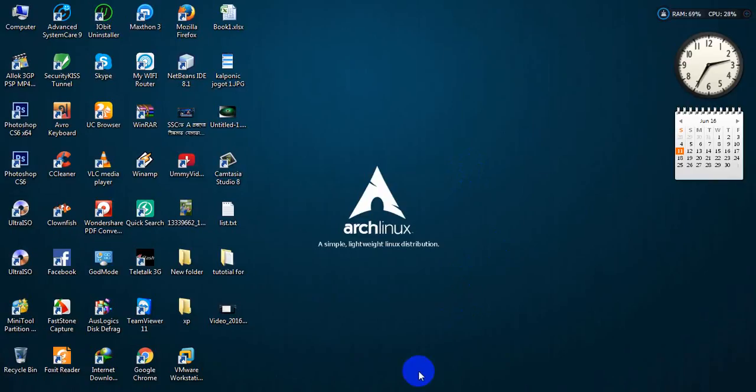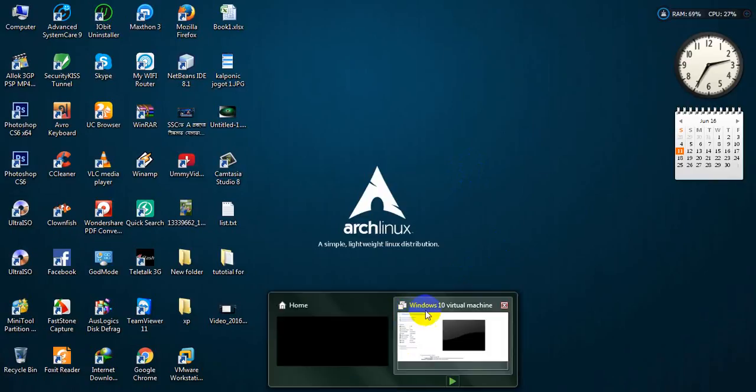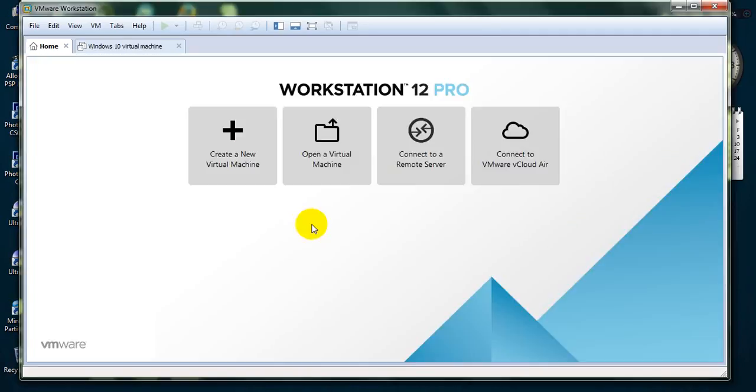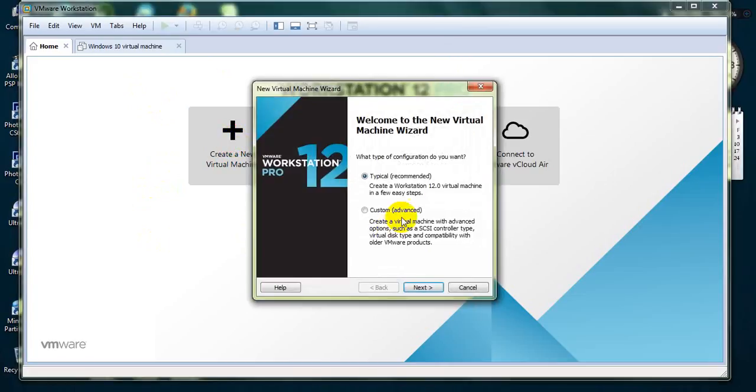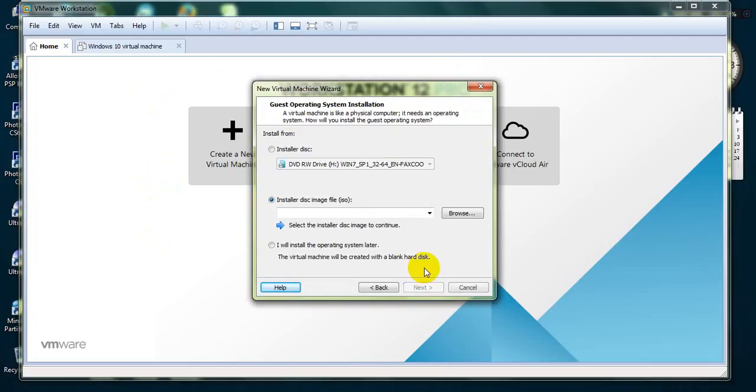Okay, first of all, open your virtual machine. Here I am using VMware Workstation 12 Pro. First of all, create a new virtual machine. Typical is recommended. Next,